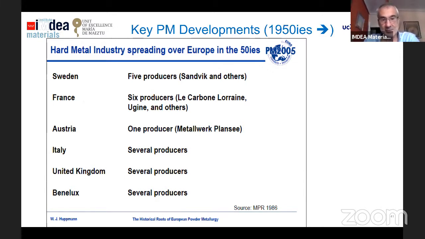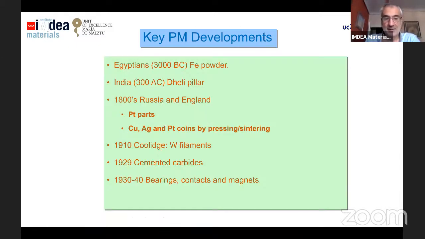So the hard metal industry spread in Europe in the 50s through different countries, thanks to the development of these cemented carbides. First was Sweden, then France, then Austria, Italy, the United Kingdom, Benelux, and also Spain later. After this important development of the cemented carbides, in the 30s another material was developed, which was